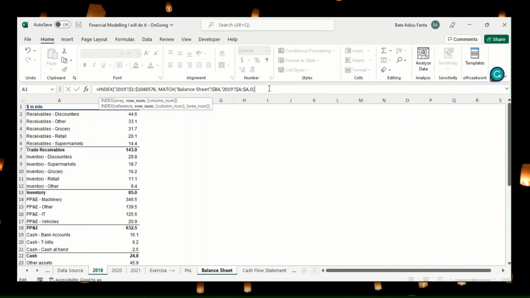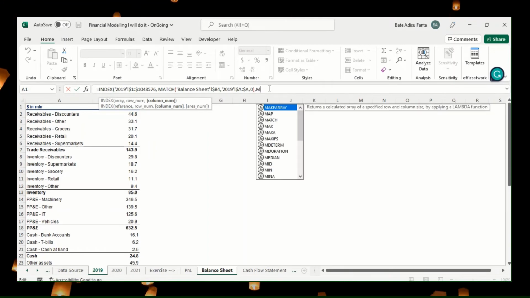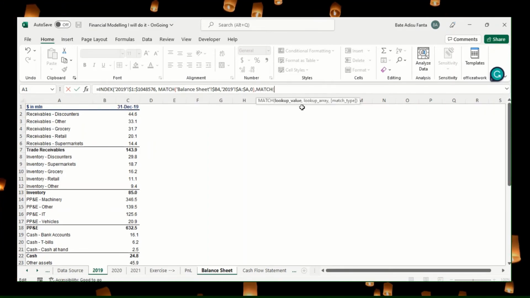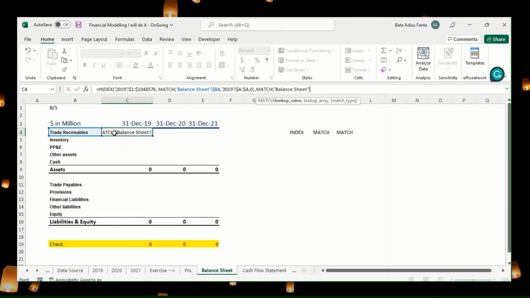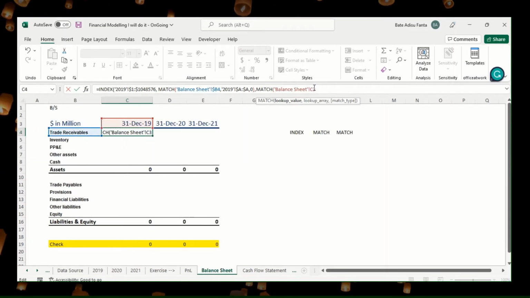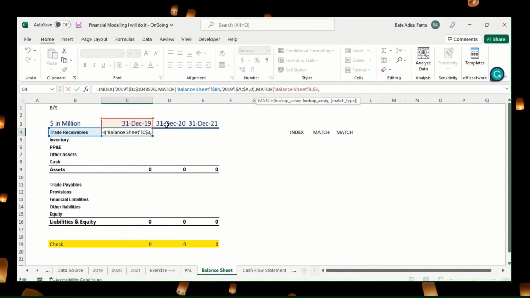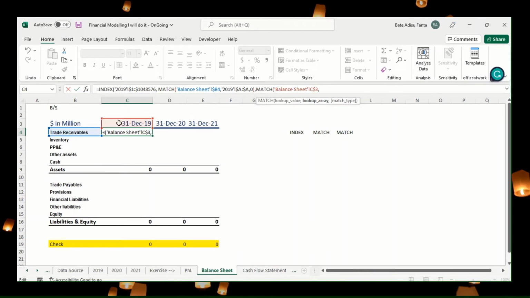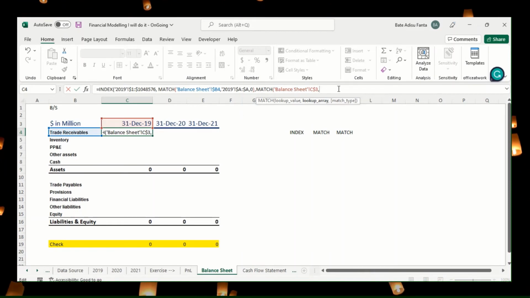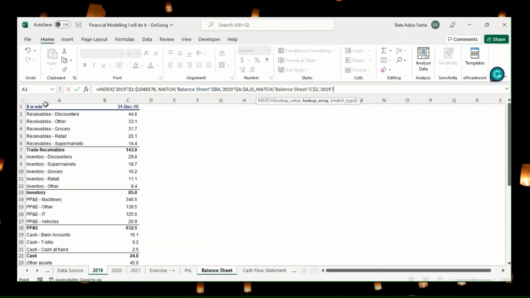All right. The next criteria that I'm going to match is the year. So in the MATCH function, I have to look for which year first, for this year first. So I fix the row in this case. The reason I need to fix the row is that I don't want it to move down, because if it moves from row 3 to row 4, it cannot find the year I'm looking for. So that's why I'm fixing the row reference. And then the lookup array for year is here in the source sheet, which is in the first row, right? So I fix it here,